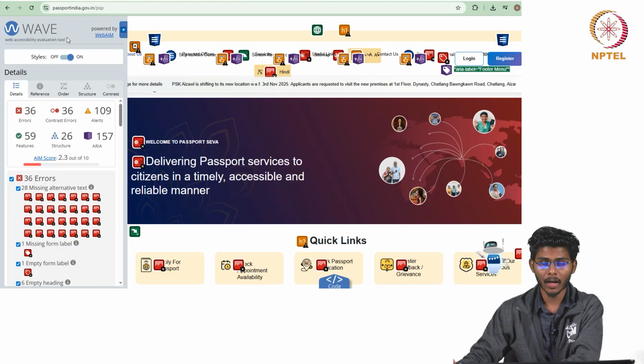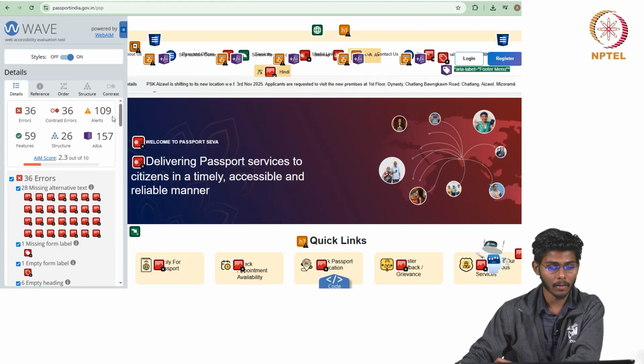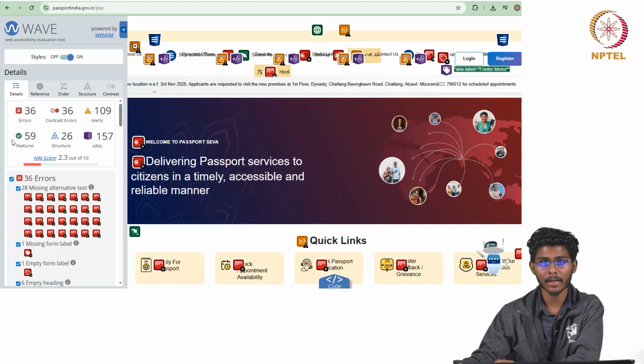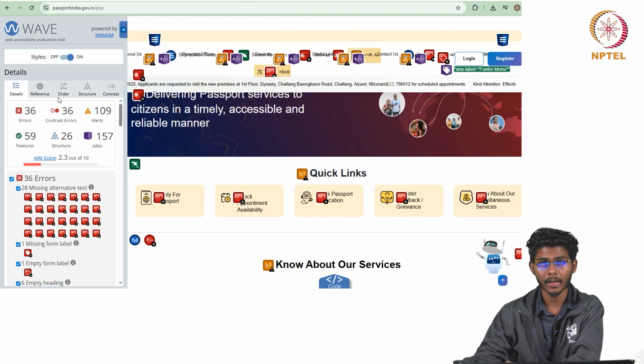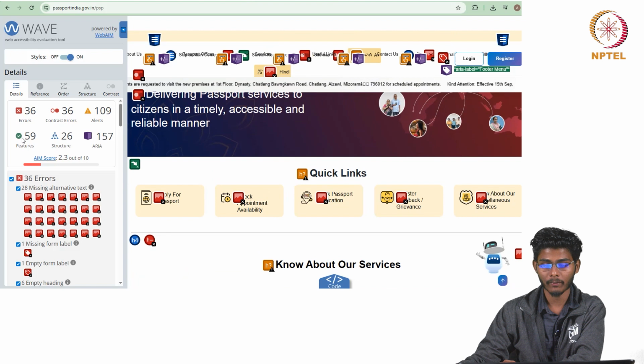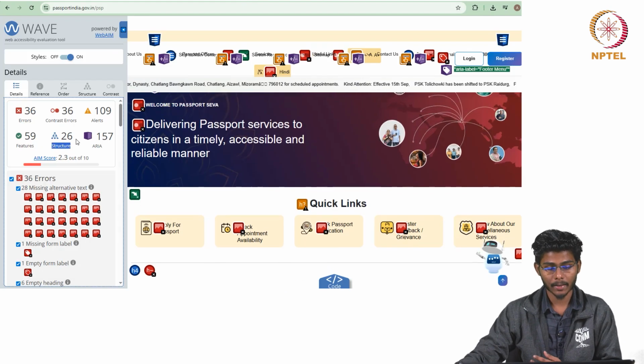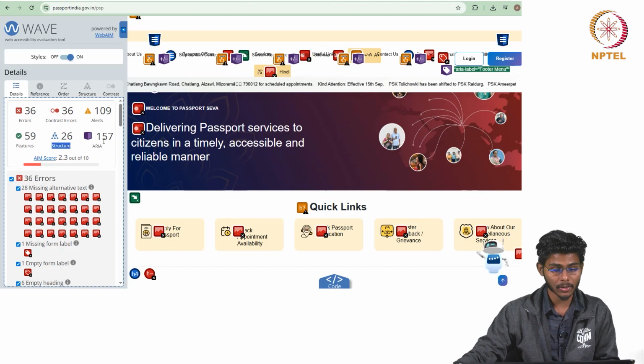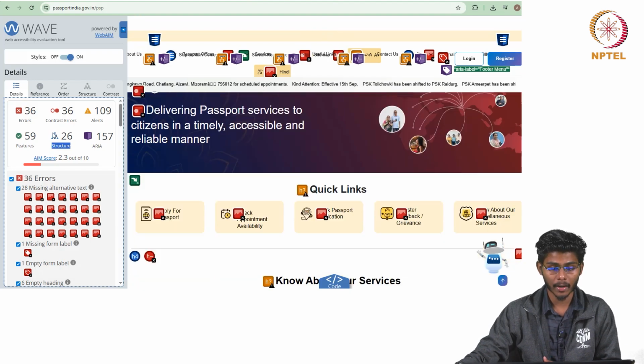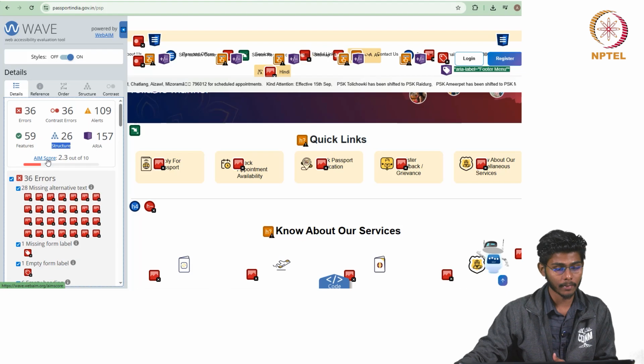As you can see, the report is in the left panel, where it shows how many errors there are and what the potential risks in accessibility are. It also tells how well the features have been implemented, the structural components in the interface, and also the ARIA elements. We will talk about ARIA later.